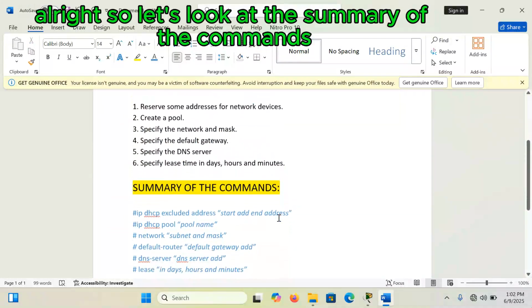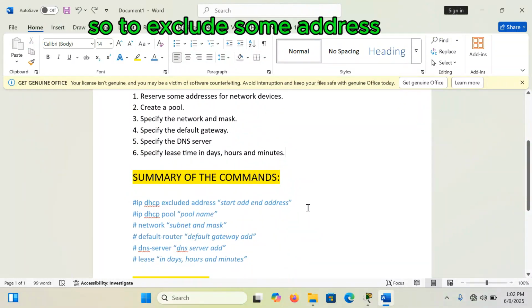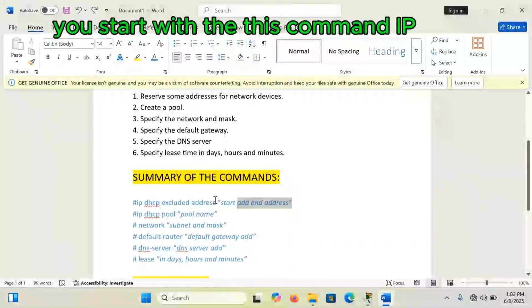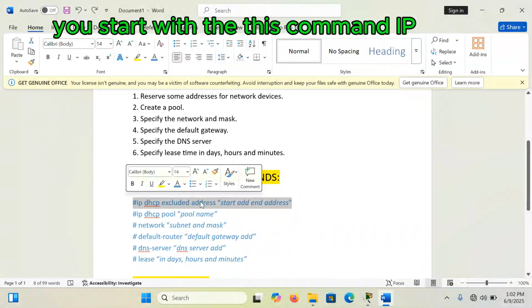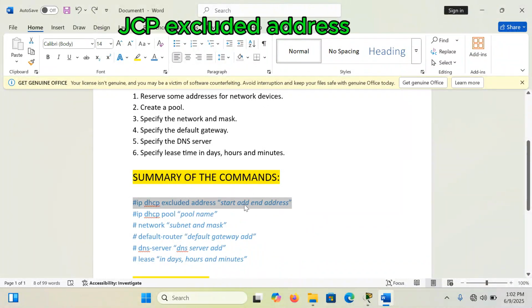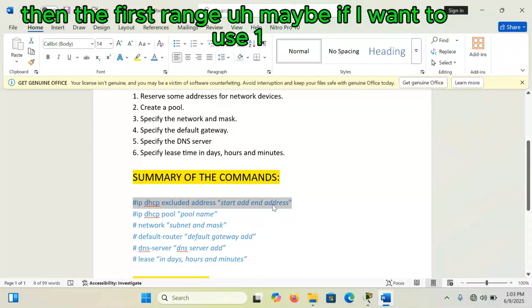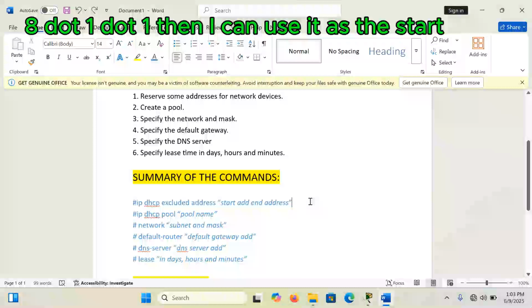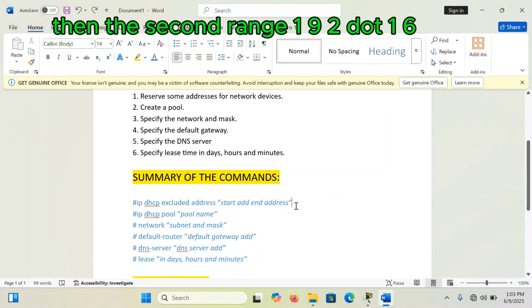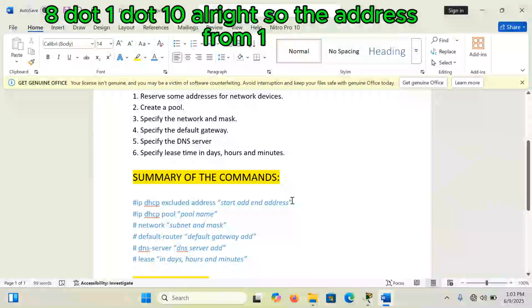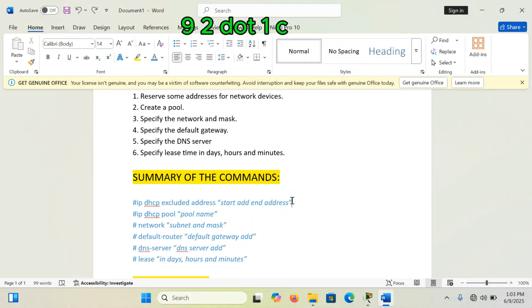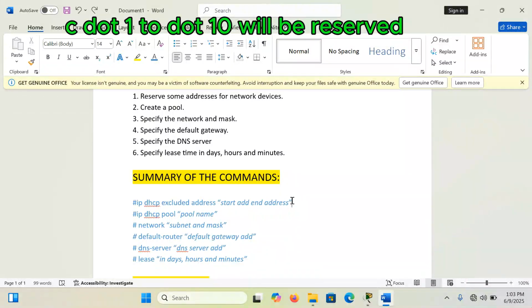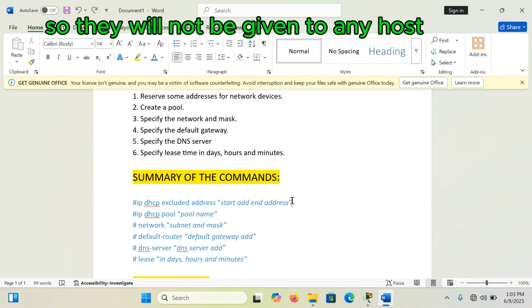Alright, so let's look at the summary of the commands. To exclude some addresses, you start with this command, ip dhcp excluded-address. Then the first of the range, maybe if I want to use 192.168.1.1, then I can use it as the start. Then the second of the range, 192.168.1.10. So the addresses from 192.168.1.1 to .10 will be reserved,